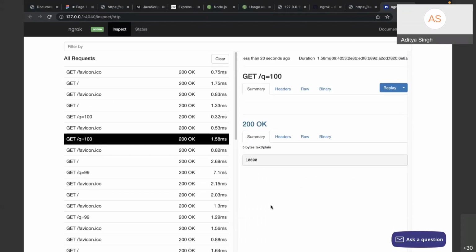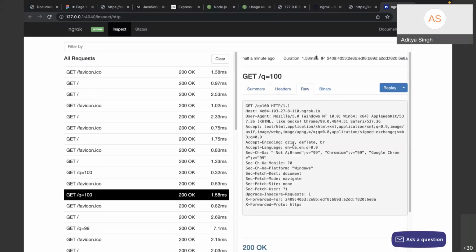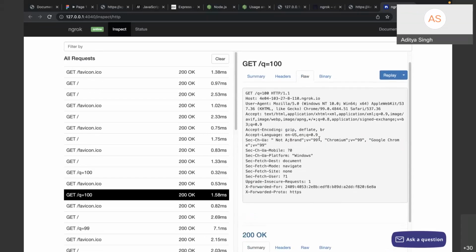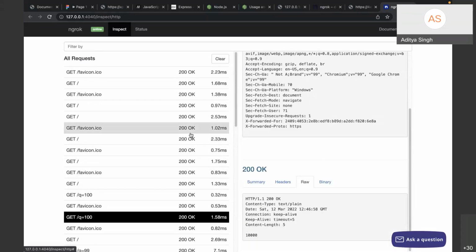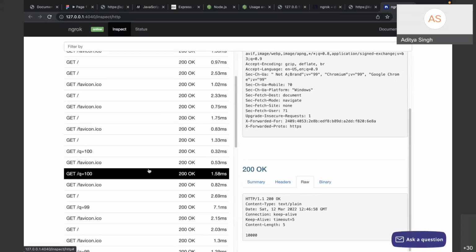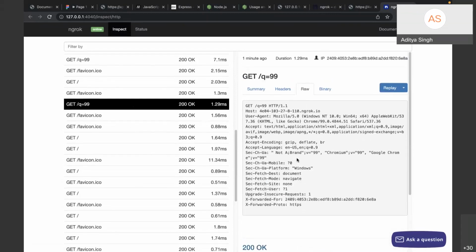So I hope you are able to appreciate this. And if I see raw, this is actually an HTTP request. Let me open this here. So this was my raw request, and this request and response was this: GET HTTP 1.1 on my